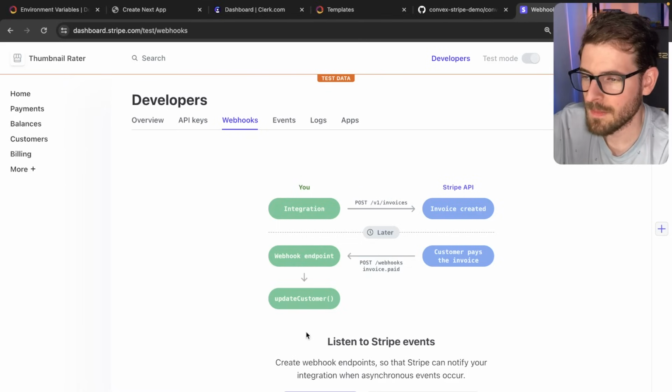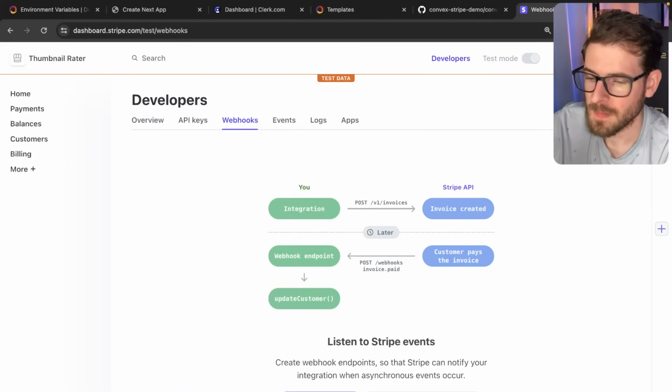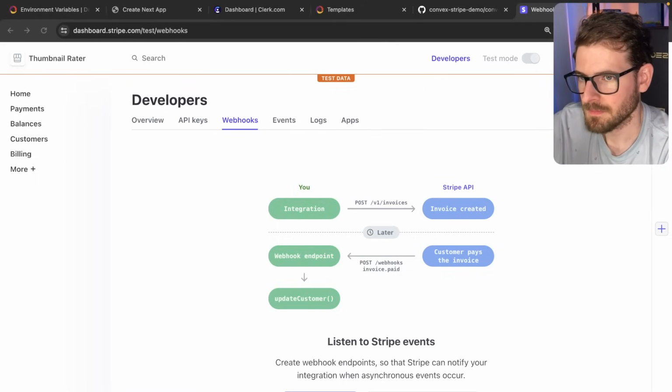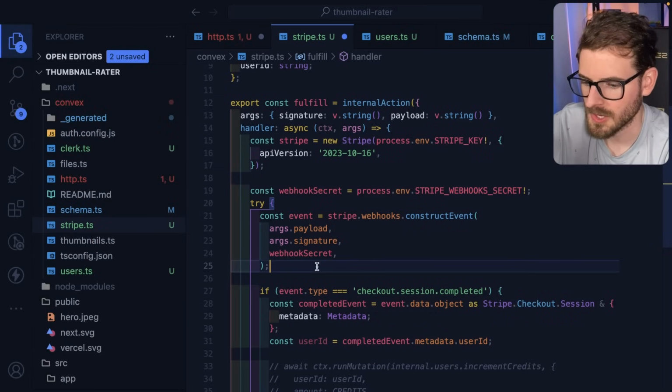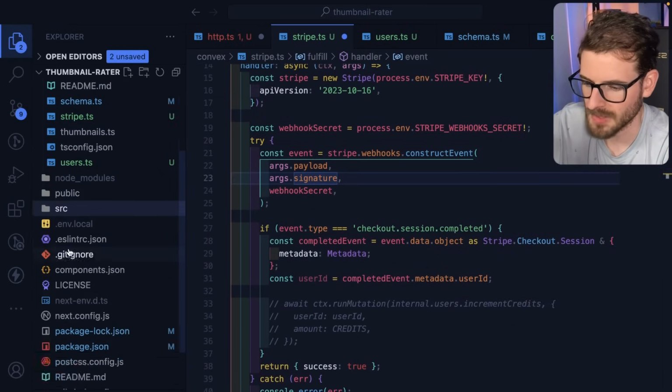Now for running the webhooks, when you're doing it locally, it's a little bit different from when you're doing it on production. On production, you're going to create an endpoint and point it to your domain so that it can hit your correct Stripe callback URL. But when you're doing stuff locally, you can just have a locally running Stripe service that emulates what happens with these WebSocket events. What we're going to do is we'll come back to this code. I know I'm jumping around a little bit, but there's a lot of stuff we've got to cover